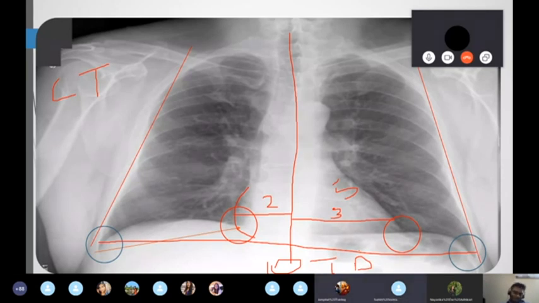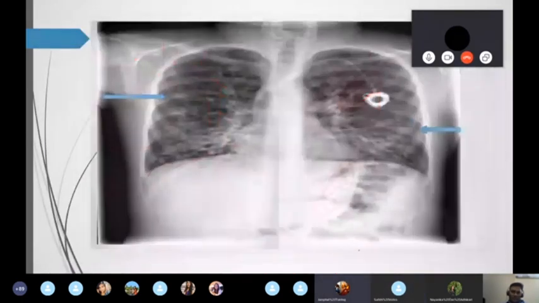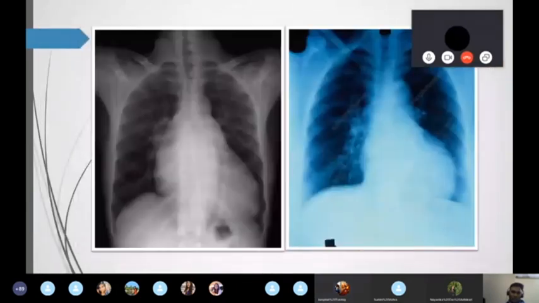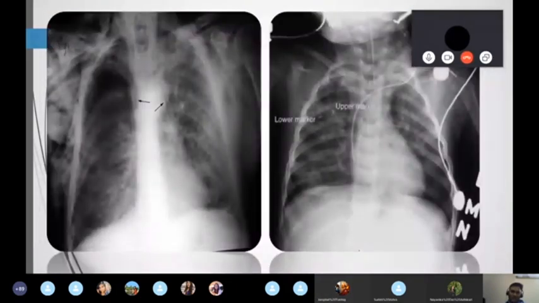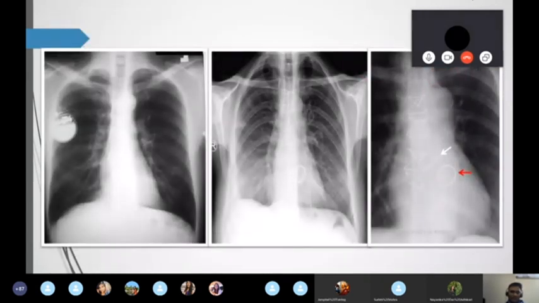Yeah, good evening. I want to know about the concept of artifacts in chest X-ray. Okay, maybe I'll show you next. Artifacts means extra things. I have some X-rays to show you artifacts. Let's see this X-ray. Can you make out the artifacts? Can you see the endotracheal tube? You can see a radio-opaque line. Very good, something else, ECG leads. These are all artifacts. Understand? In some patients you can see a pacemaker here.